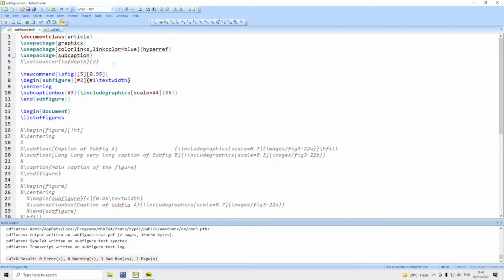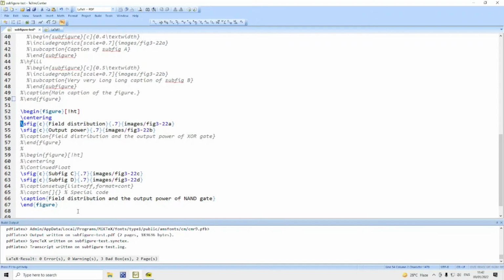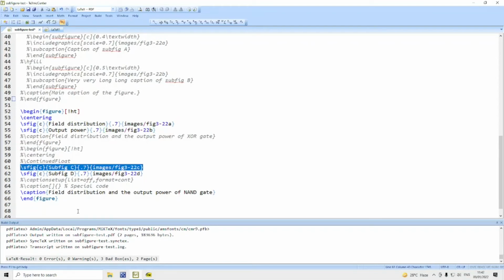For all other parameters we have to supply values. Then for the first subfigure we use the command sfig c, then subfigure caption, scaling factor, and then figure file. For the second one, similarly for the third and fourth, we have got 4 subfigures.